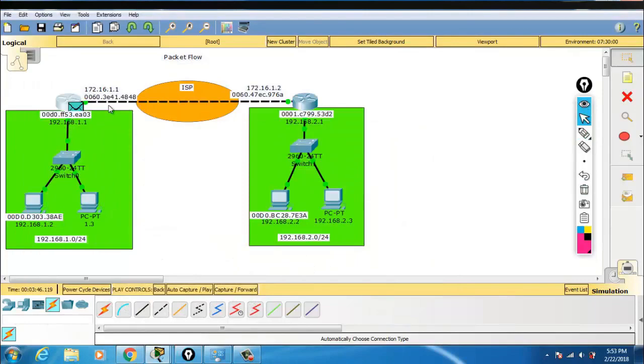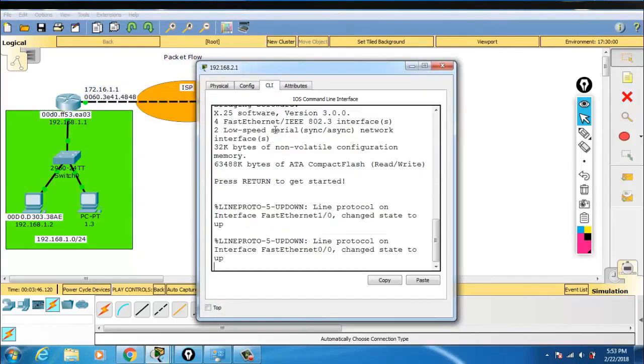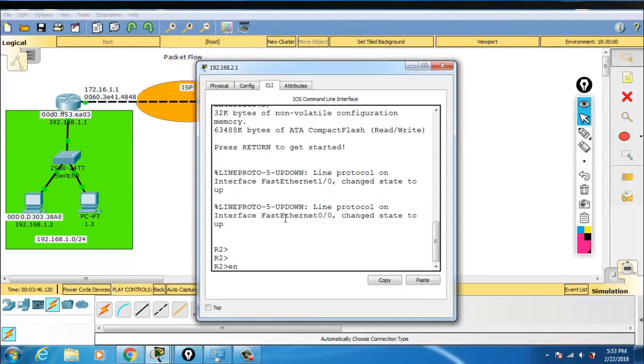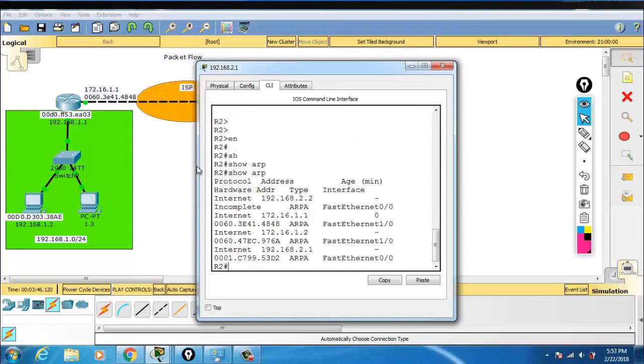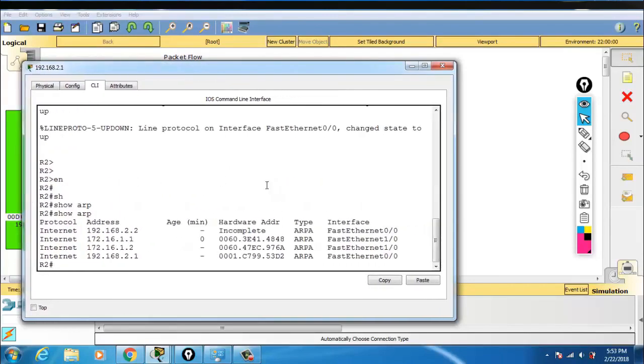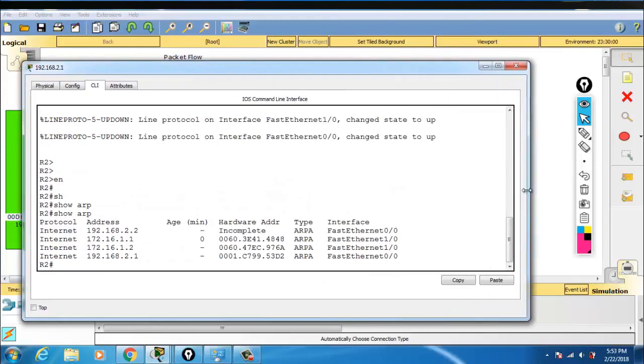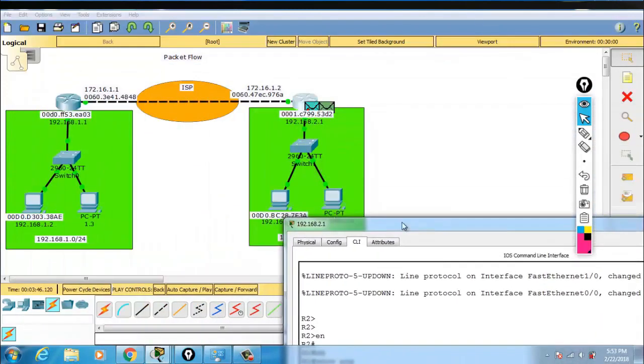So now it is sending this packet directly to this MAC address. Now it is received here and again it is being dropped because the router again does not know the destination MAC address of the actual device. If you get into the ARP table of the router and give the command show ARP, it will show you that it does not know the MAC address for